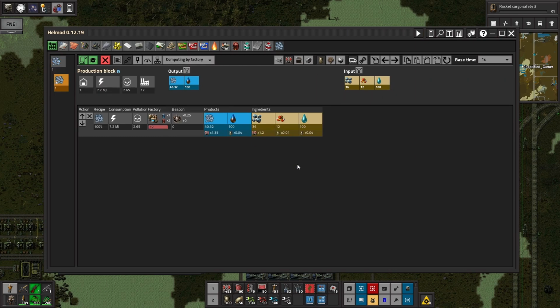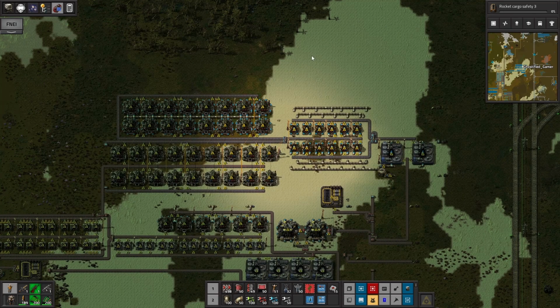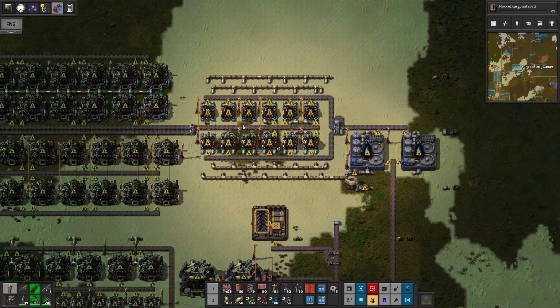And then this tab here was just so I could know how many... look at this, 1.35 red belts, 1.2 blue. That's basically a blue belt right there is what I'm doing. So I went ahead and did all this Helmod work to come up with this nightmare. So here is the processing of the iron. So this is 12,